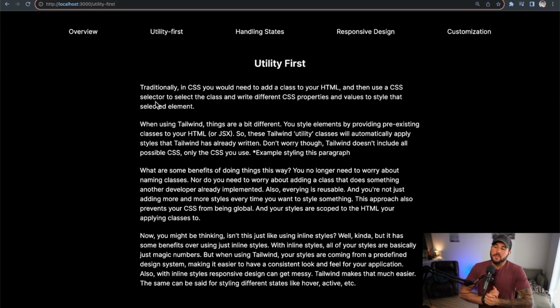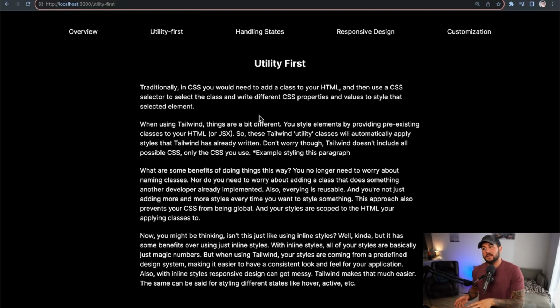So traditionally in CSS, you would need to add a class to your HTML. Then you would need to use CSS selectors to select that class or select that HTML, and you wouldn't necessarily need to add a class, but you'd use your selectors to select that element, and then you would write your different properties and values within your CSS file to style that element. In Tailwind, things are a bit different, in which you style elements by providing pre-existing classes to your HTML,